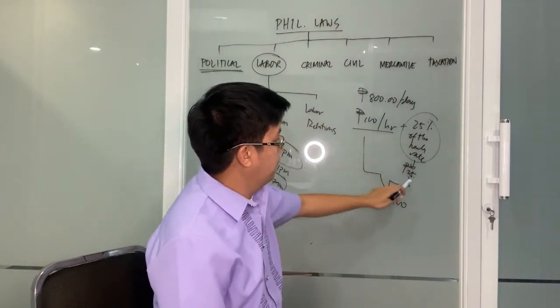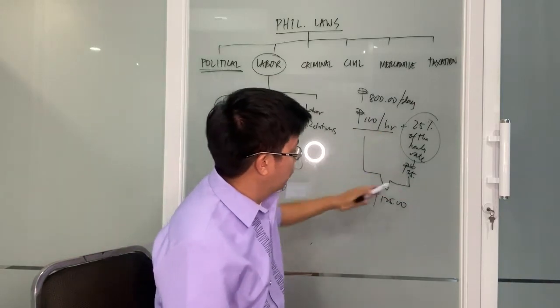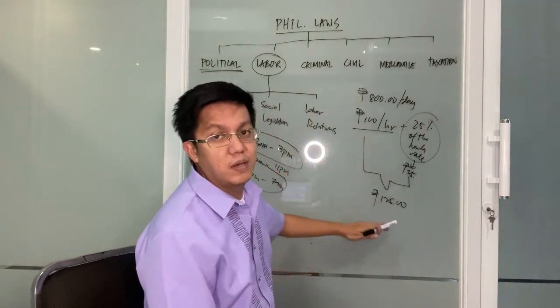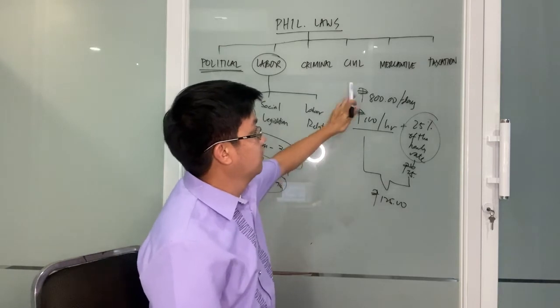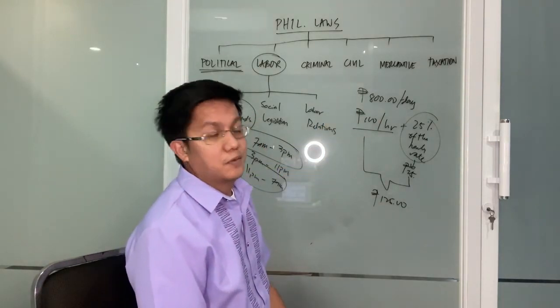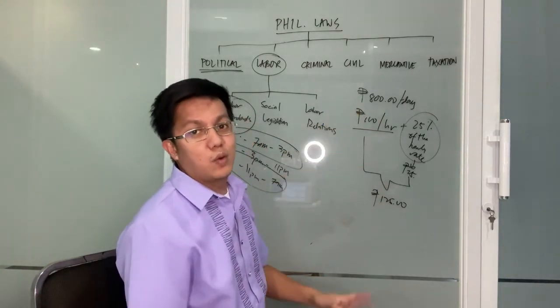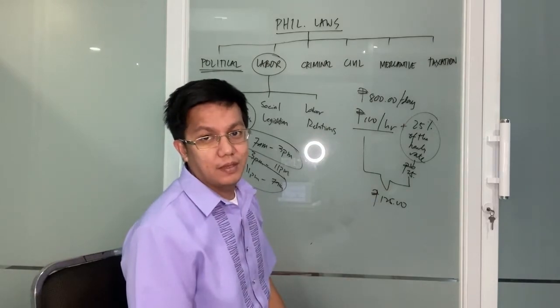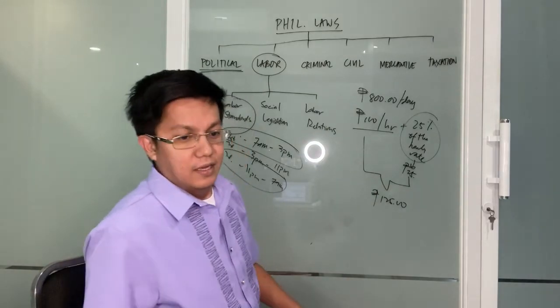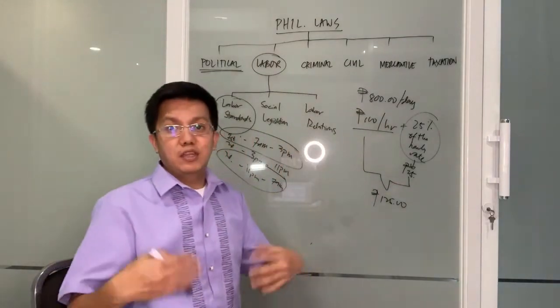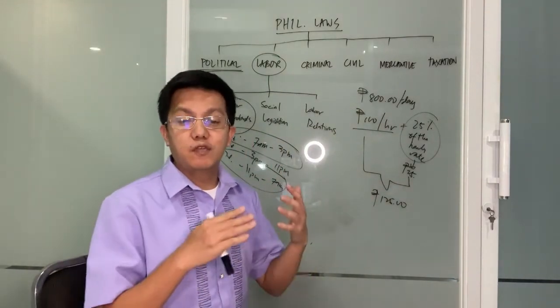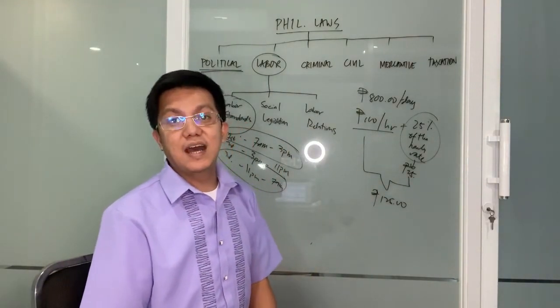So 25 plus 100, 125. That is your overtime pay. 125 pesos on top of your regular rate na 800. That is why 925. Pero alam nyo ba na iba yung computation kapag nag-render ka ng overtime during a holiday